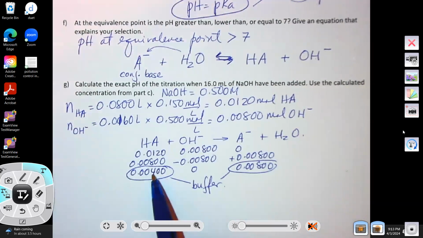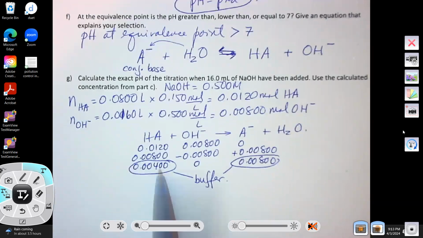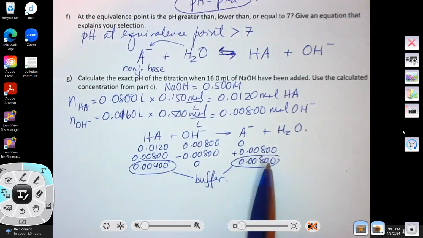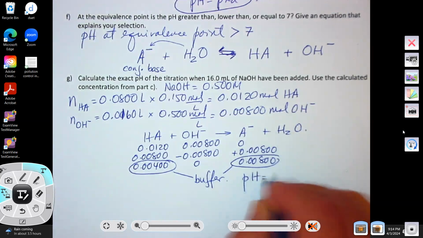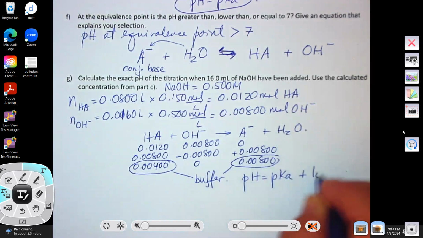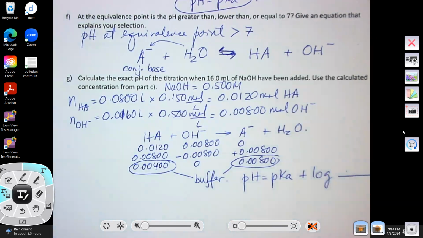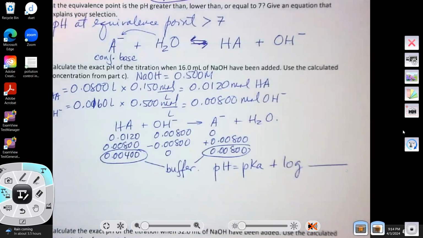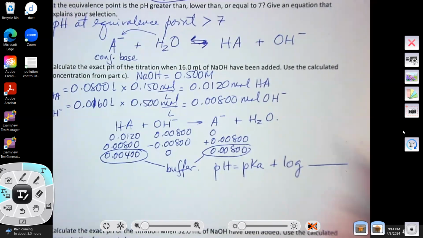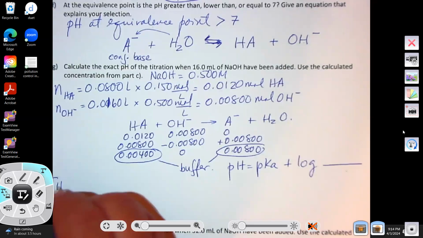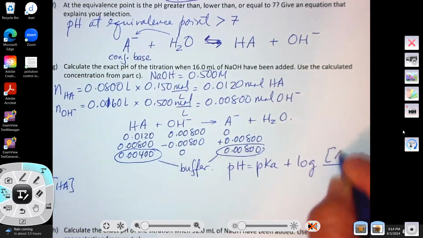If this is completely consumed, then you don't have a buffer anymore. And that will only happen when you are at the equivalence point. But as long as you have a little bit of the weak acid and conjugate base, you have a buffer. And you need to use the HH equation to calculate the pH. Now, what concentration do we use? Well, technically, we're supposed to recalculate the concentrations. So the concentration of your acid is, because this is concentration of the conjugate base over concentration of the acid,